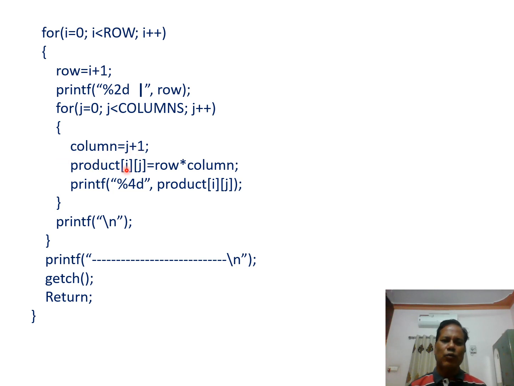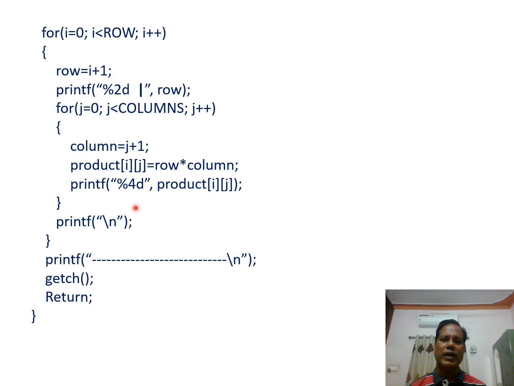Product[0][1], that is the second element value, the second column value in the first row, and this is equal to row into column, that is 1 into 2. 2 is stored as the second element, and using the next statement it is printed using the 4 column space. Product[0][1], that is 2, is printed in the second column space.